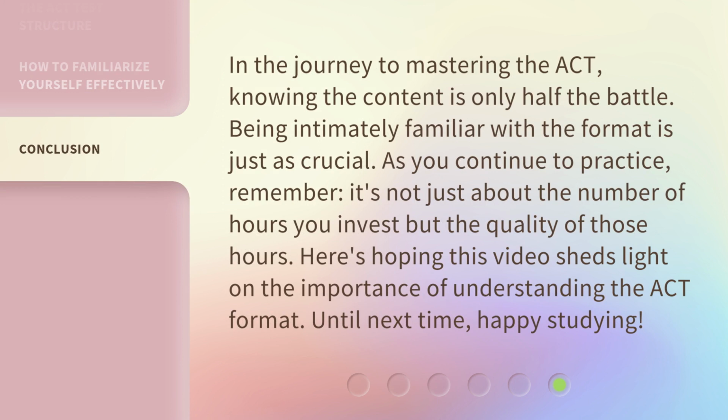In the journey to mastering the ACT, knowing the content is only half the battle. Being intimately familiar with the format is just as crucial. As you continue to practice, remember, it's not just about the number of hours you invest but the quality of those hours. Here's hoping this video sheds light on the importance of